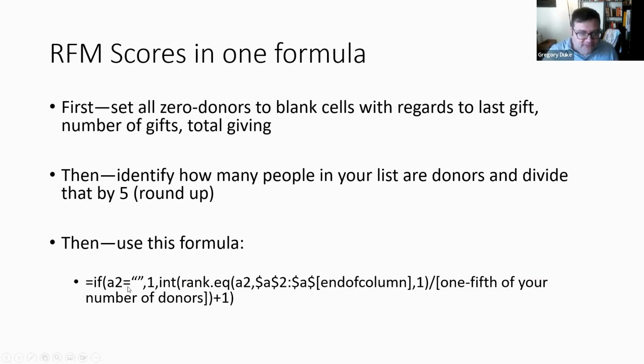But if that record isn't blank, then you're going to use this formula, the integer of RANK.EQ. RANK.EQ essentially takes all of the records in that column and ranks them from highest to lowest. You're going to take the first record and rank it against A2,